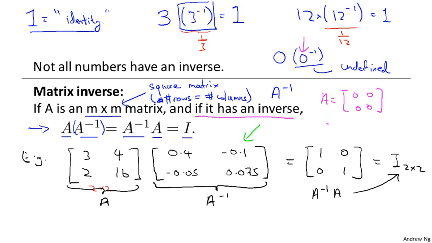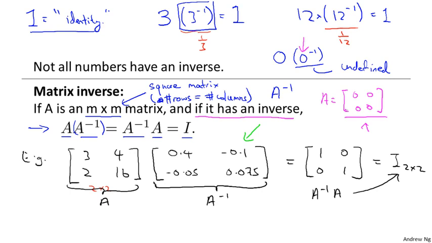because there's no A inverse matrix such that this matrix times some other matrix would give you the identity matrix. And there are a few other matrices with properties similar to this that also don't have an inverse. But in this review, I don't want to go too deeply into what it means for a matrix to have an inverse, because for our machine learning applications, this shouldn't be an issue. Or more precisely, for the learning algorithms where this may be an issue,